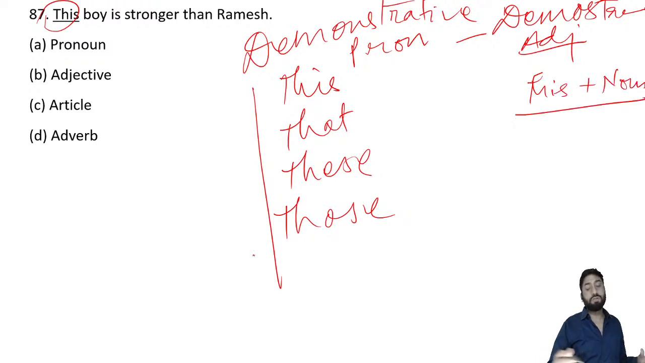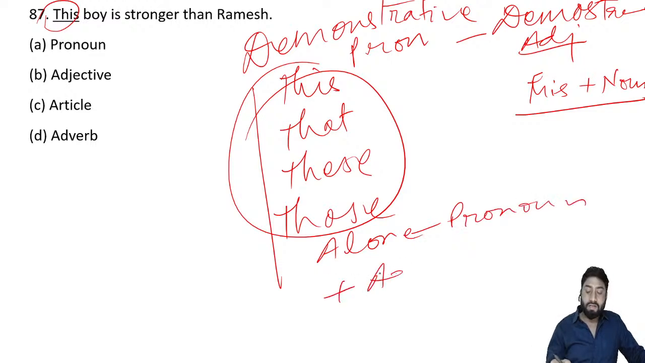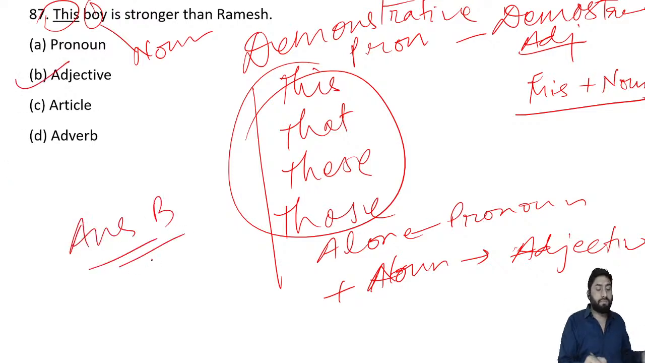So when they are used alone, then it's a pronoun, right? When it comes with a noun, sorry, then it's an adjective. So here it is being used with a noun. We all know that, right? So anyways, it's an adjective. So that's the option. So the answer is B. We all know that, so let's not waste much time here. Next,